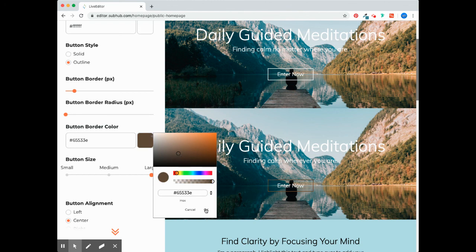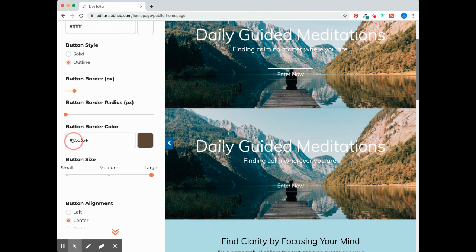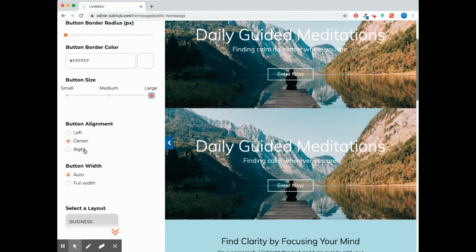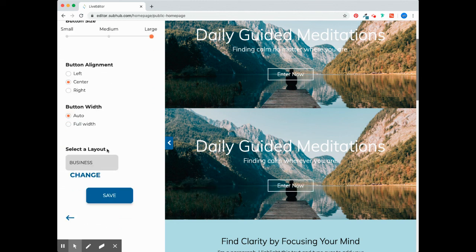I always like to just use the hex color code, so I'm just going to make this white, and that's a lot of Fs to make it white. I don't know the exact number. And I can select different button sizes. I'll stick with the large button. You have the ability to align the button. And then I'll just save